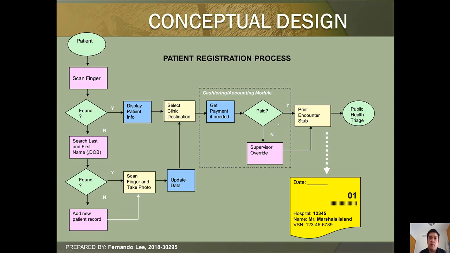That's double, like $34. So for every visit, that's their fixed charge. But of course, in the system, it's